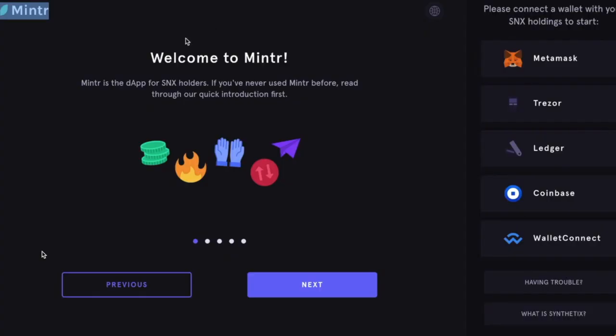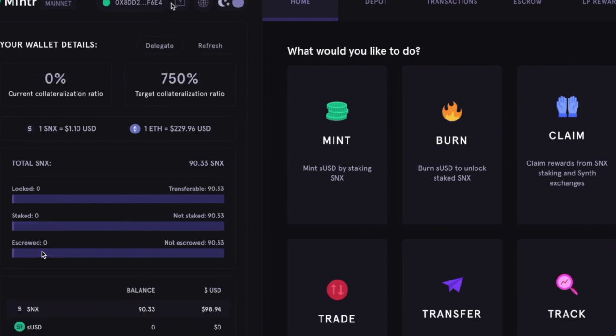So back to the Mintr. Now you can use your Metamask in order to stake the SNX that you've received. You can also use Trezor, Ledger, Coinbase as well. But in this particular case, we are going to use Metamask. So you can see that you have a 750% target collateralization ratio,